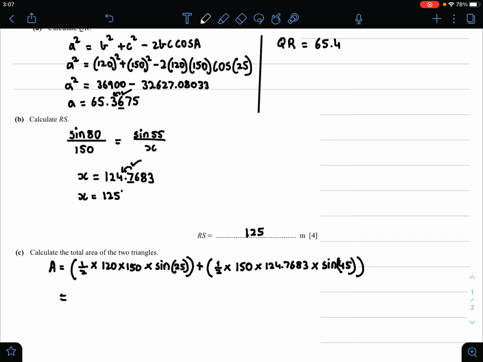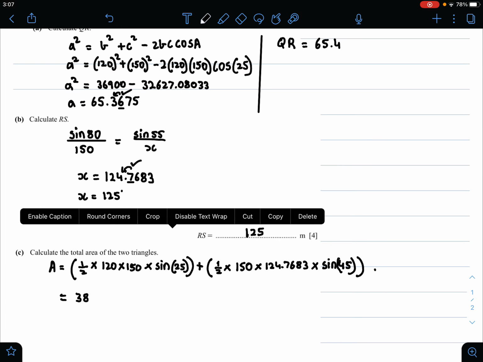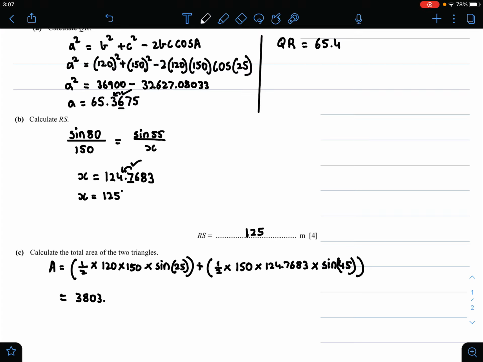So 120 multiplied by 150 divided by 2 multiplied by sine 25 will give you the answer as 3803.564356 plus, you do the same thing for the other brackets or the second triangle area. So 150 multiplied by 124.7683 multiplied by sine 45, and the whole answer,